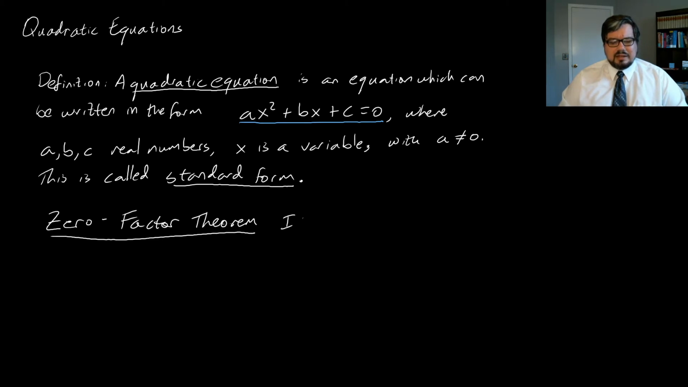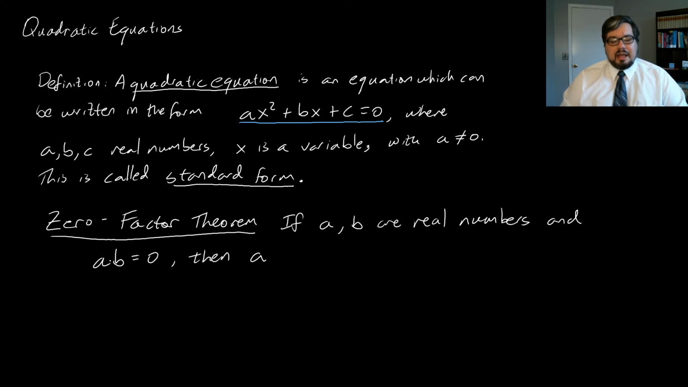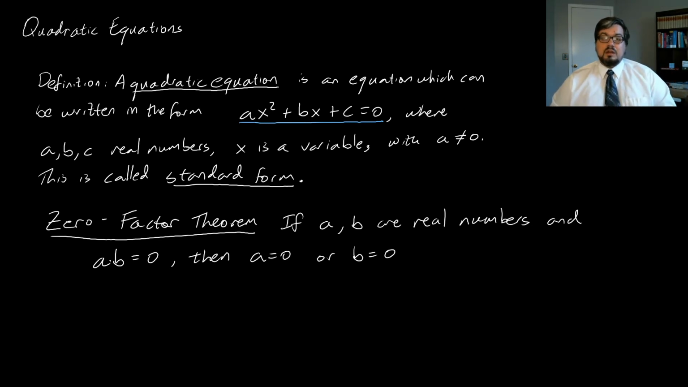It says that if a and b are real numbers and a times b equals 0, then a equals 0 or b equals 0. So if I've got two numbers and they multiply together and they equal 0, then that means that one of the two factors that I had to begin with had to be 0 in the first place. This isn't too difficult to convince yourself of. If you imagine that neither one of them was 0,